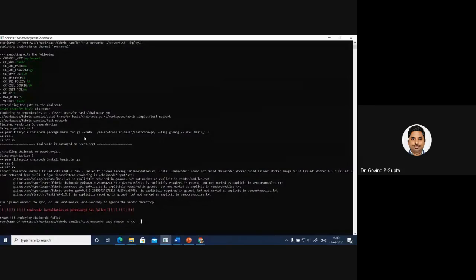And then here you have to set the argument for the user and the path, where the fabric is installed.